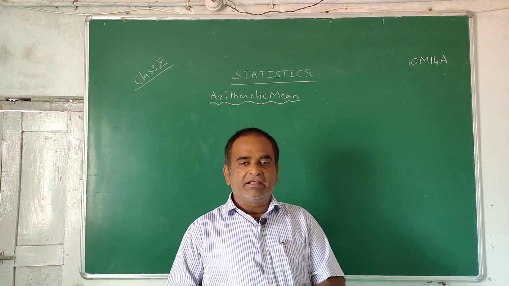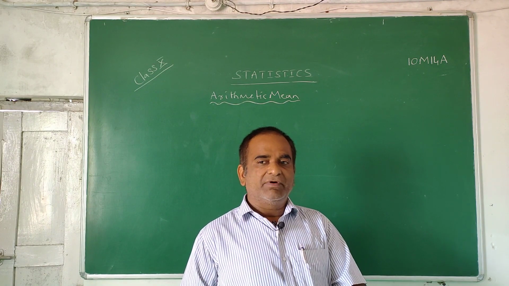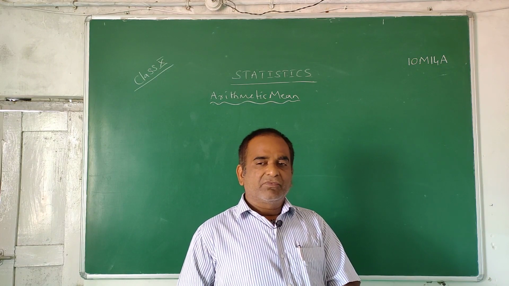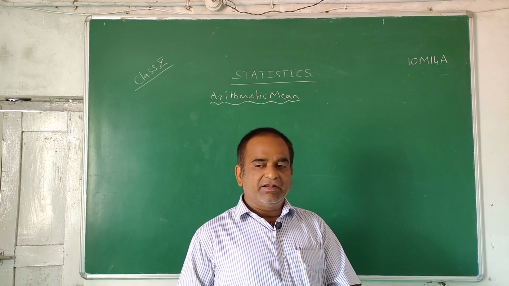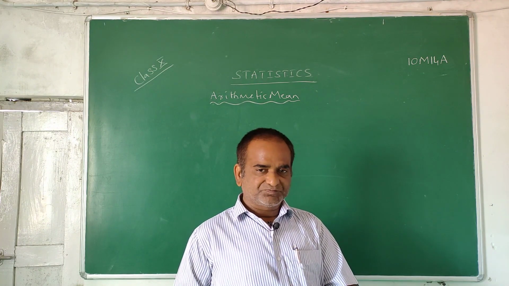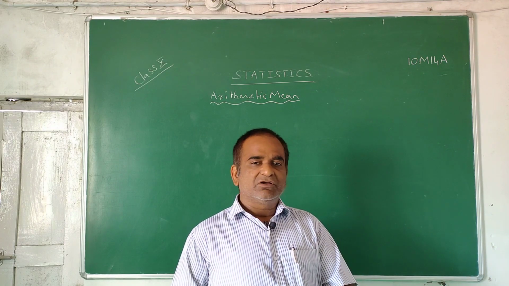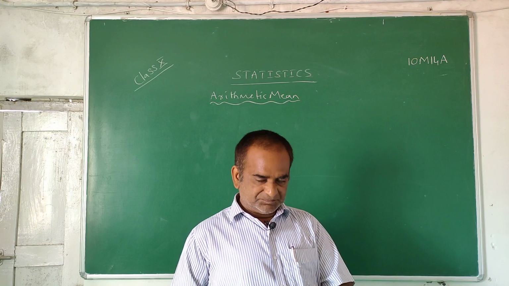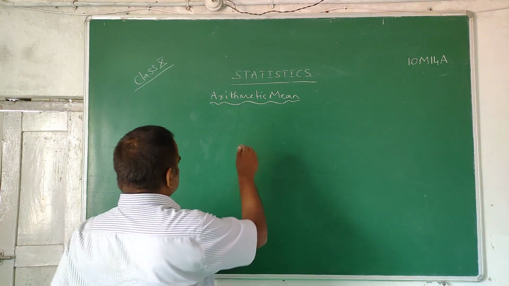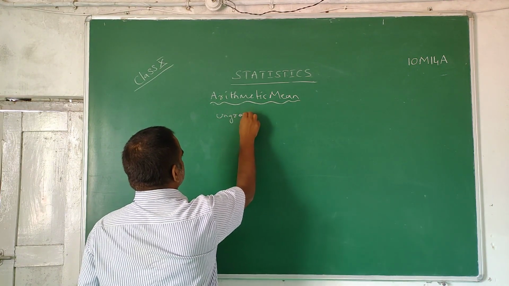In 9th standard, you all have learned how to find arithmetic mean for raw data or for array data. Now you will learn how to find arithmetic mean for ungrouped frequency distribution and for a grouped frequency distribution. So, for ungrouped frequency distribution,